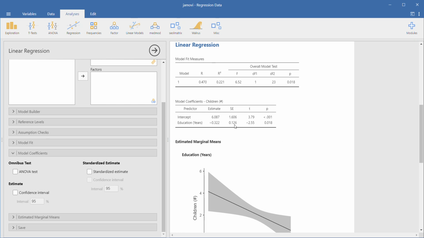All right, so I've gone ahead and expanded the model coefficients. Now, you'll see none of these checkboxes are currently checked. And so you shouldn't necessarily need to click on any of these for your assignments in this class, but it's good to know that they're here in case you need to do that. So it should automatically generate this table, and this table tells us what we need to know about